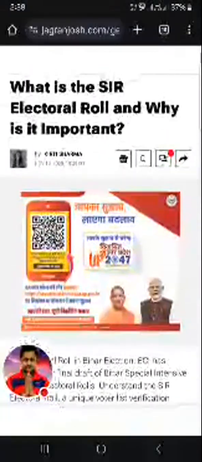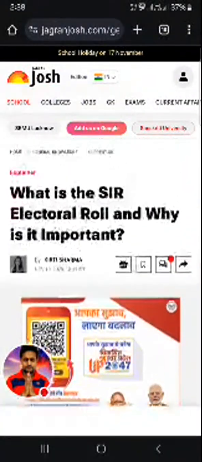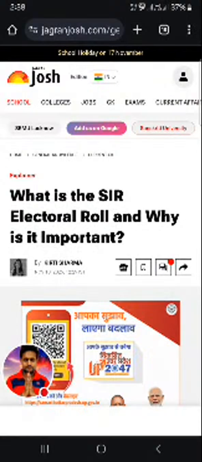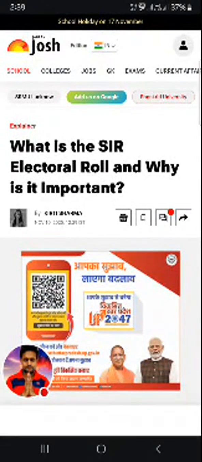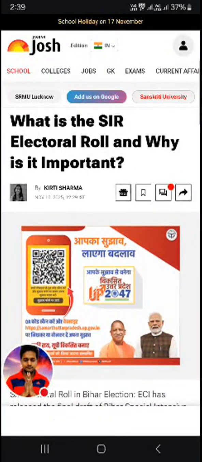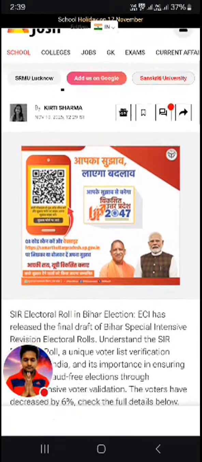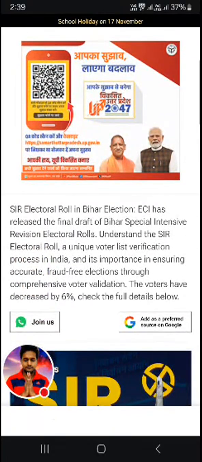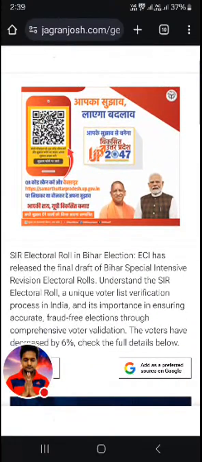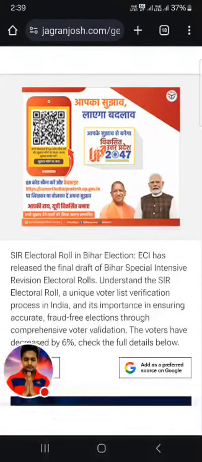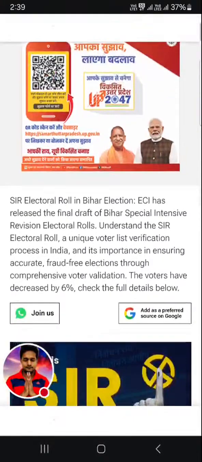Okay, so it is from Jagran Josh. What is the SIR electoral roll and why is it important? So, SIR electoral roll in Bihar election, ECI has released the final draft of Bihar Special Intensive Revision electoral rolls.